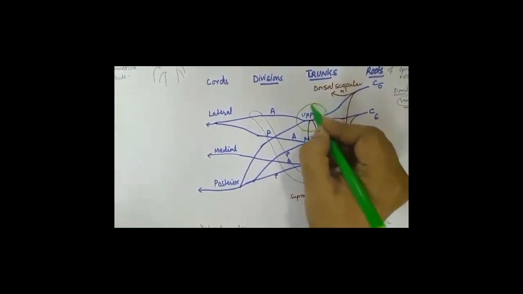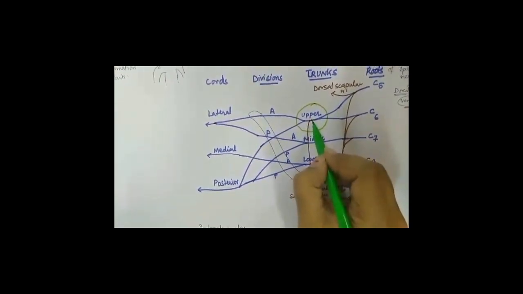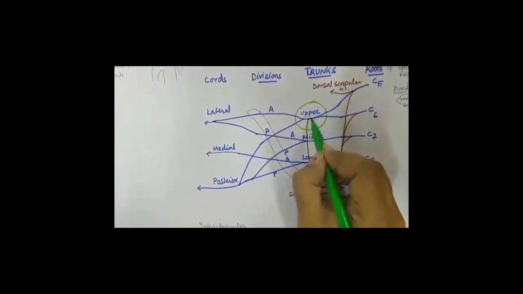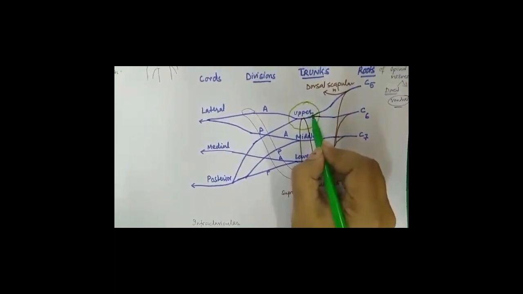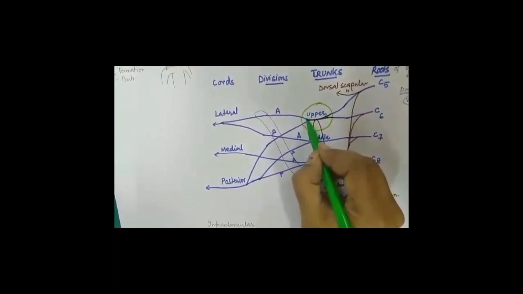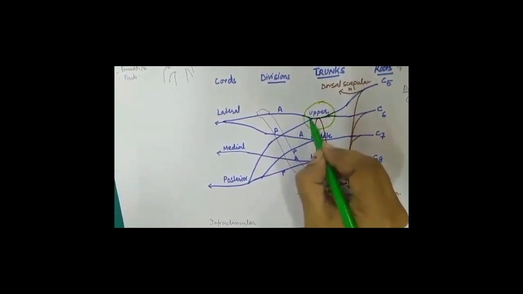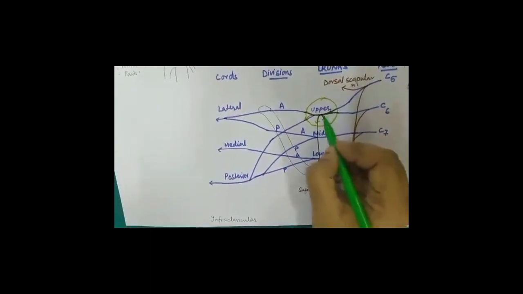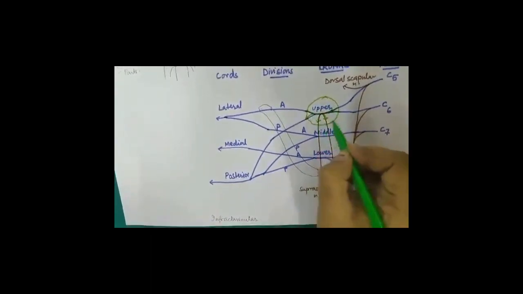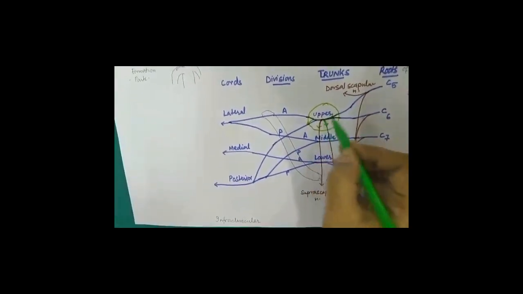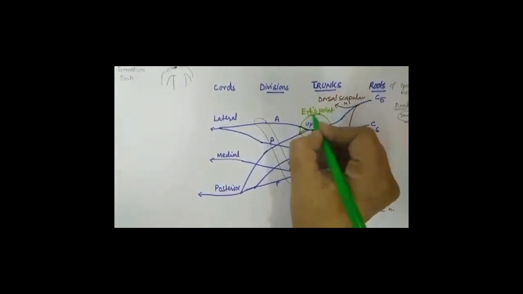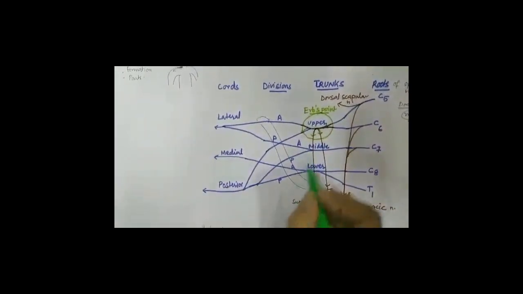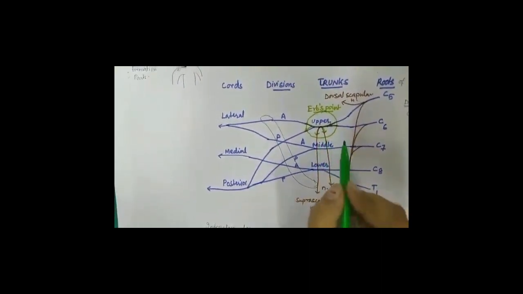Now look at this point. This is the point where we are getting intersection of 6 nerves. C5 and C6 nerve roots are joining and they are forming upper trunk and immediately dividing into anterior and posterior divisions and are also giving 2 branches. So you are getting 6 nerves arising or attached to this single point, which is called Erb's point. Injury of this point may take place during delivery and it leads to a palsy called Erb's palsy.